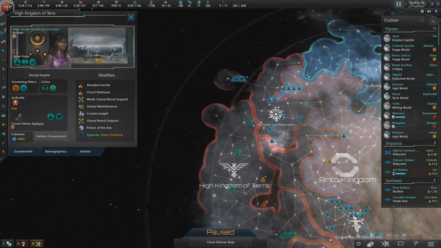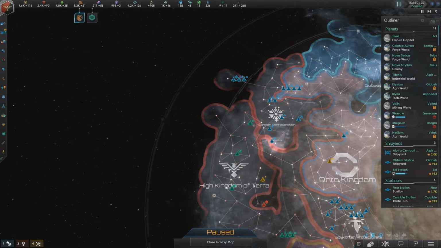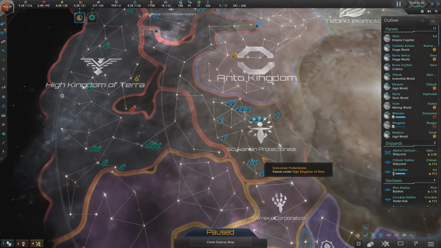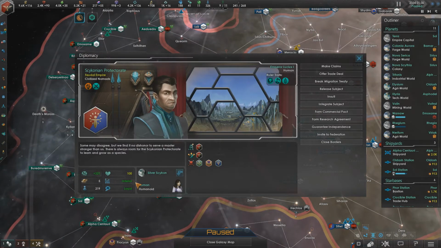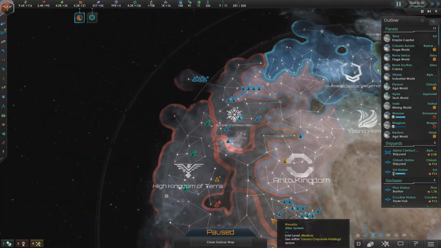My empire is called the High Kingdom of Terra, and we are a feudal society, so I'm essentially playing an EU4 in space, CK2 in space style of playthrough, which I just find kind of amusing, because these two empires here, the Eprian Confederation and the Psychonian Protectorate, are both my vassals, but the difference between that and traditional feudal vassals is that vassals in this have a, I'm not sure how to describe it, but basically